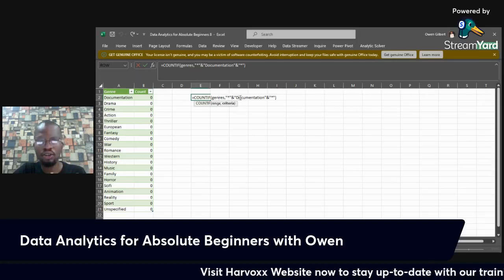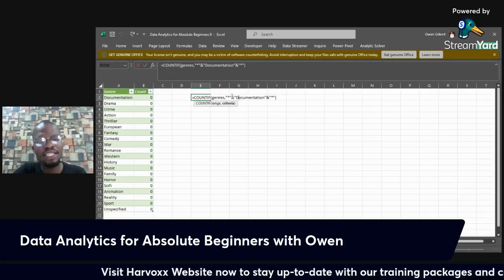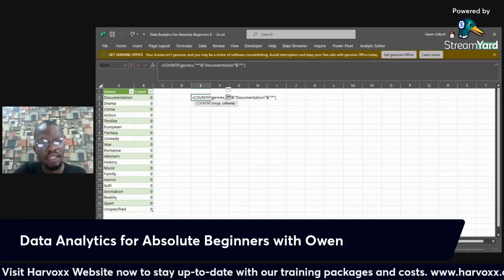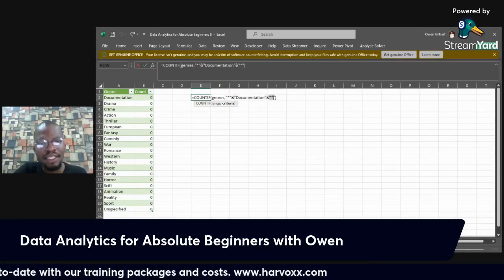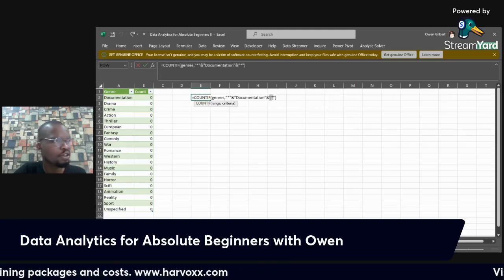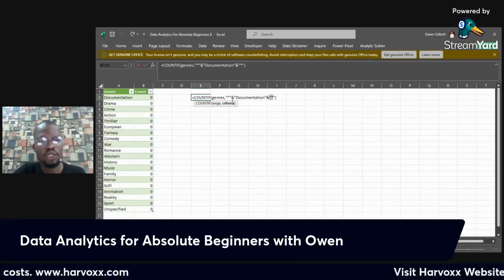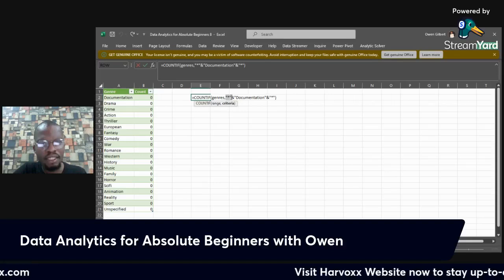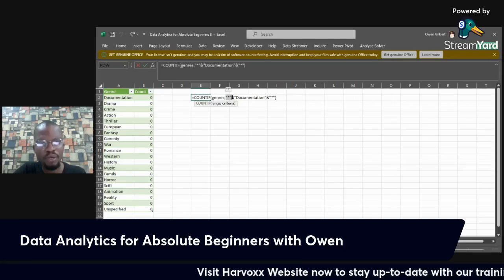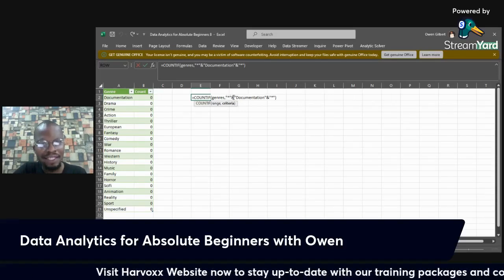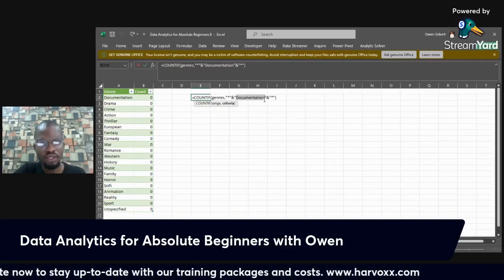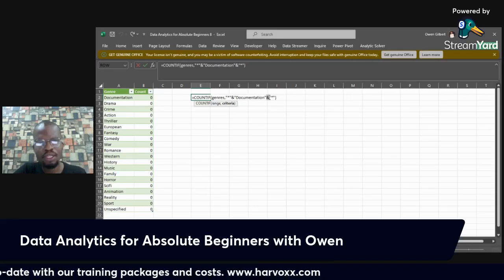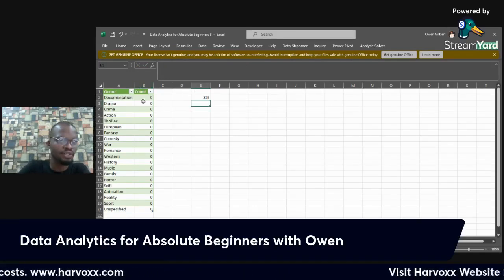The criteria is documentation, but we realized that we had a certain number of characters before documentation and a certain number of characters after documentation. So that's what we're doing here. Certain number of characters before documentation, and so the characters are joined to the word documentation, and after documentation we also have a certain number of characters. So that does it for us.